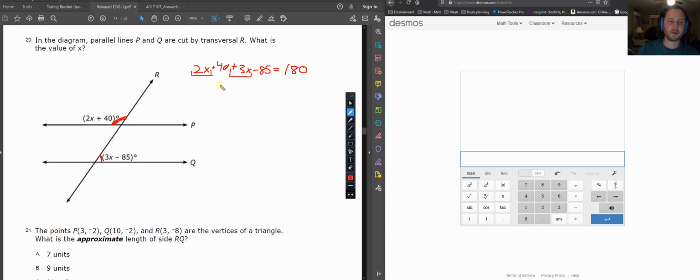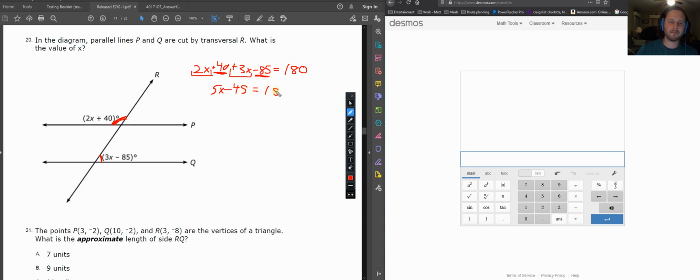So I'll combine those two to get 5x, and then we've got positive 40 and negative 85. Well, that's going to come out to be a negative, unfortunately for us, or fortunately. It doesn't really matter since this is the thing we'll be adding and subtracting, not dividing and multiplying. So 40 and negative 85 will give me negative 45